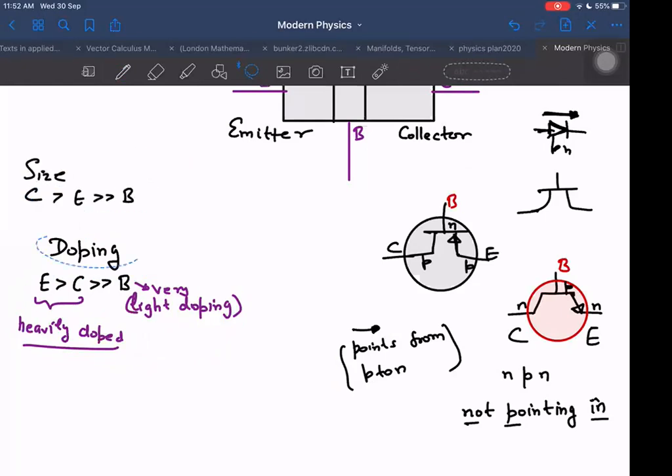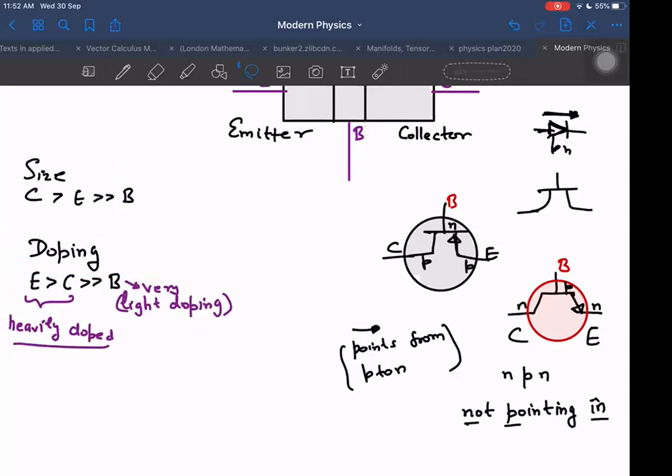Similarly for size, emitter and collector can be nearly the same also. Doesn't make much difference. Although one reason could be probably just to distinguish between emitter and collector. Also, if one has a little larger size compared to the other, we can tell which is emitter and which is collector. Otherwise, their functions can be interchanged. Means collector can act as an emitter and emitter can act as a collector. In fact, there is no difference otherwise. Okay. All right.